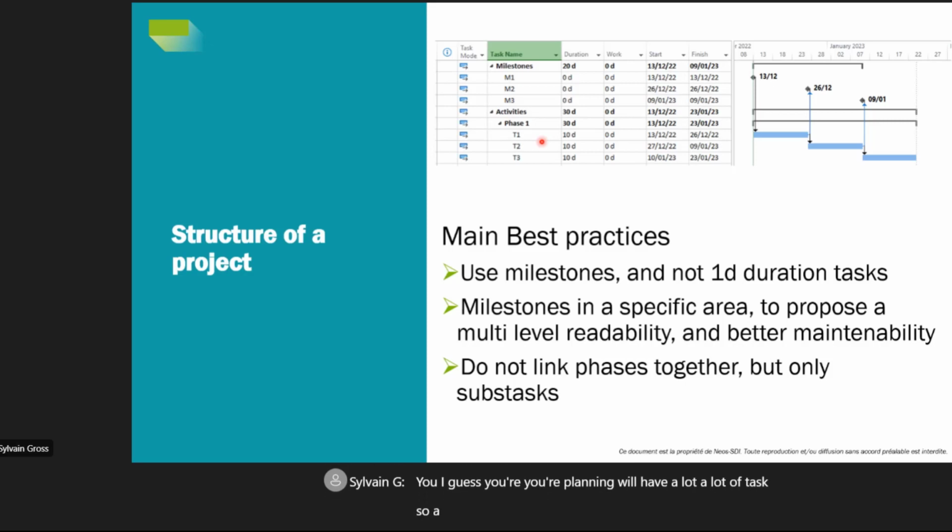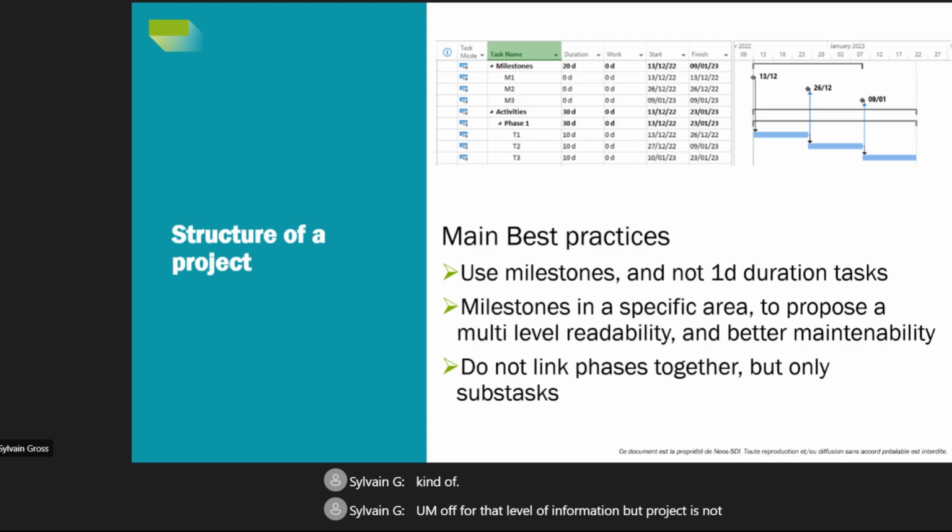So a planning is not an agenda, it's not a checklist of operations to do. It's more a list of activities that you have to link together to manage your global planning. Not, okay, this morning I will do this, and this afternoon this, etc. We have some other tools that can manage that level of information. But Project is not the good one for that, because otherwise we will have a very